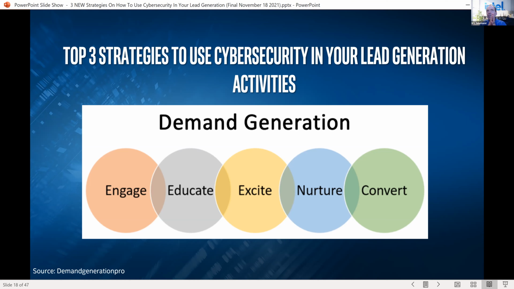And why I say this is because you may be today engaging a set of buyers, but you're not educating them. So you're saying, hey, I'm here. Hey, I'm good. I'm here. But they don't know what you do. They're like, oh, it's something about an MSP. What is an MSP? Sometimes you'd be amazed how many customers I run into, Jeff, that are dentists, lawyers, or people who say, I've heard of an MSP, but I don't even know what that acronym means. What's it mean? So educate them, excite them, nurture them.